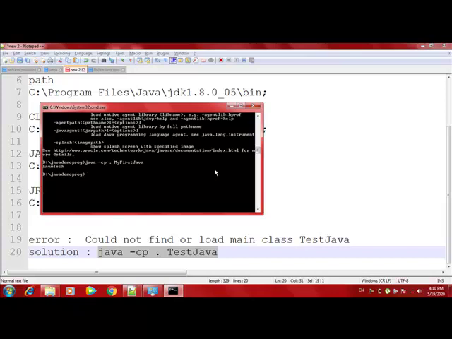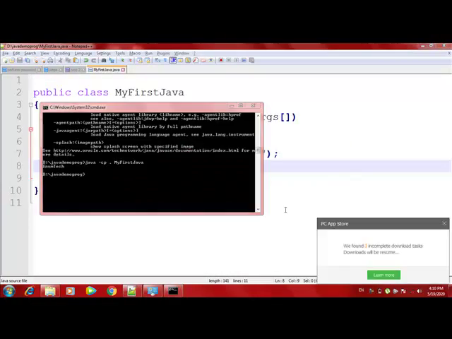So now you have to just write java -cp dot and the class name, and you get the output enumtex which was written in the program. This is how you run a sample Java code.